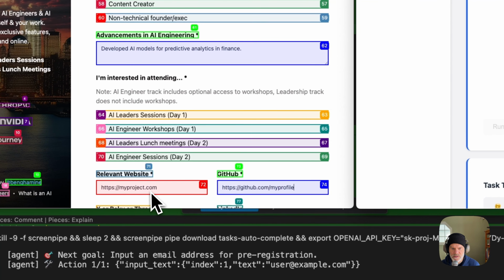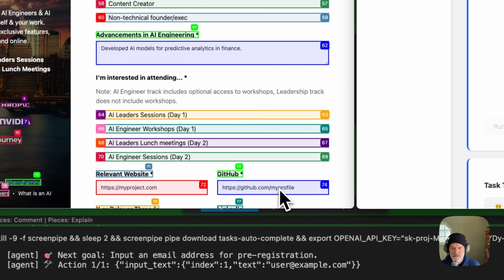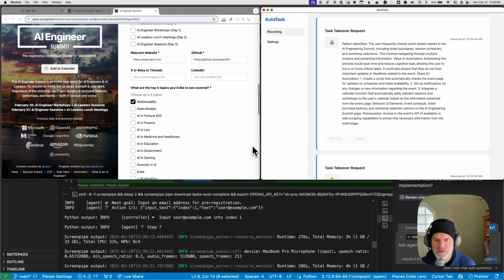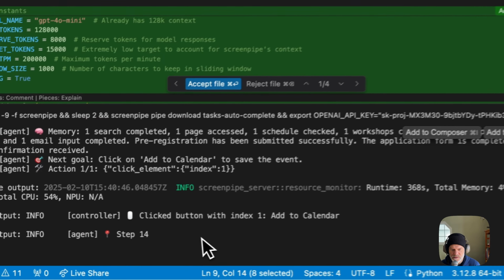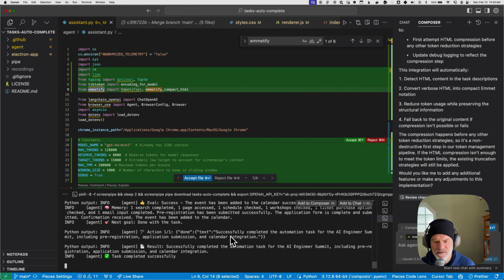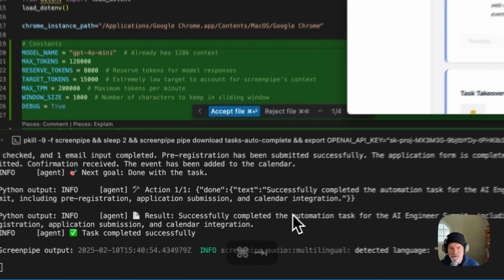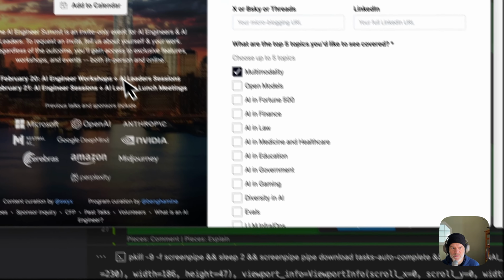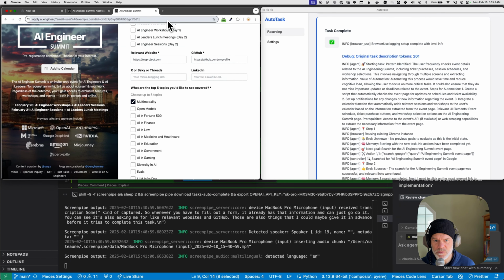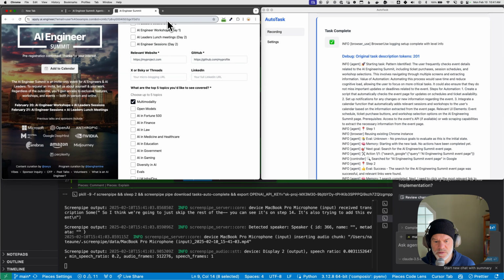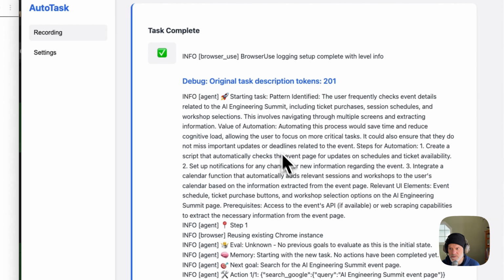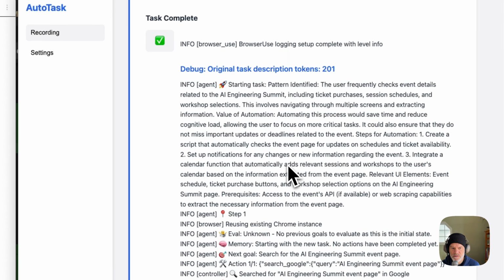You can see it's also asking me for relevant websites and GitHub. Those are also things that I could maybe give it in advance before it tries to complete this task. You can see it's on step 14. It's also trying to add this event to my calendar, which will probably require having access to my Google account, and I haven't logged into Chrome using my Google account, so it's probably not going to be able to complete that step. But that's another thing that we'd like to add, is the ability to log you in to sites,